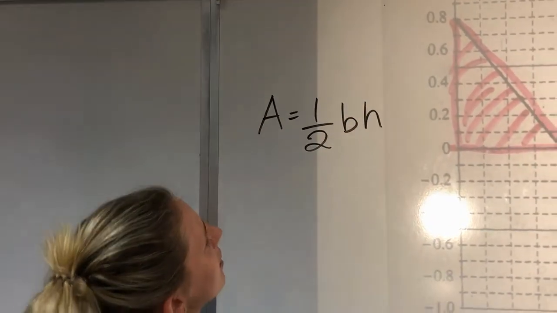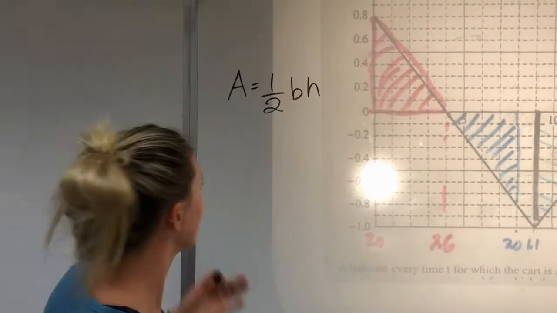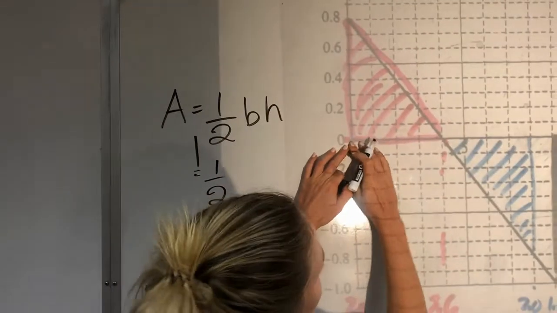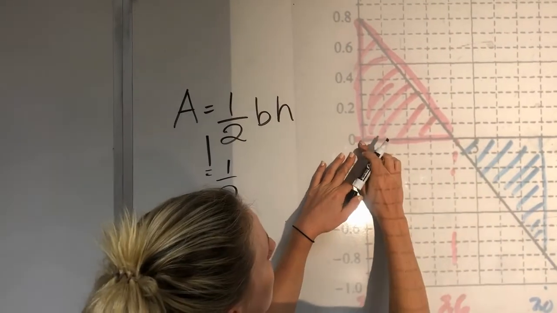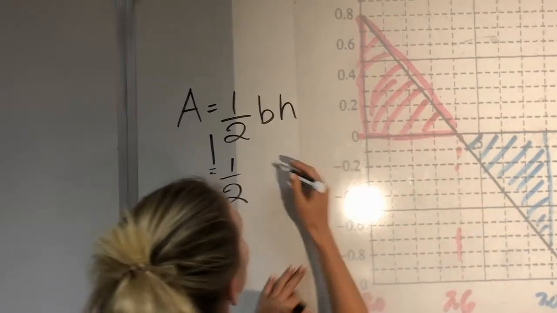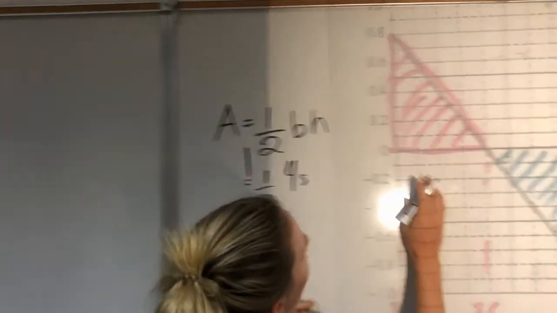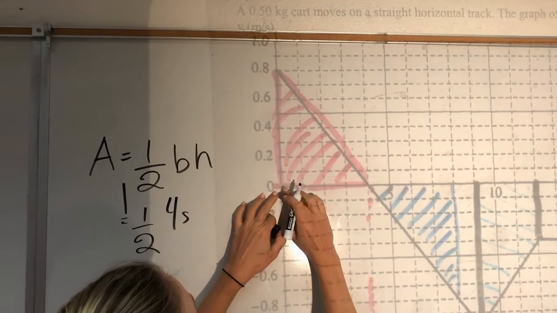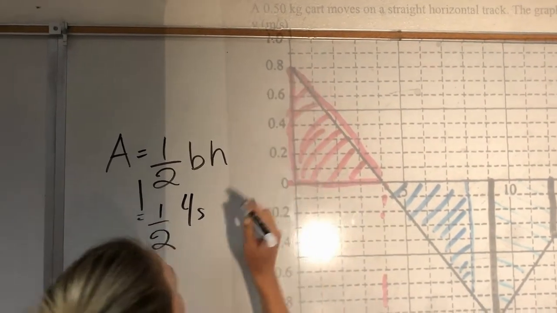Area equals 1/2 base times height. All right, we can do this. So 1/2 times base. Now this is time, so the units will be seconds. 1, 2, 3, 4 seconds. And the height, which is going to be meters per second. We know the height is 0.8